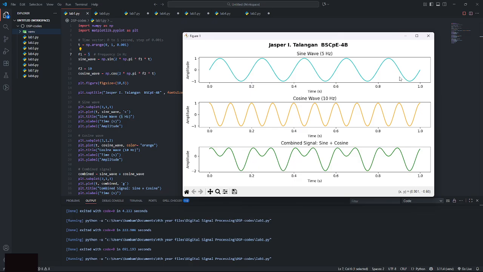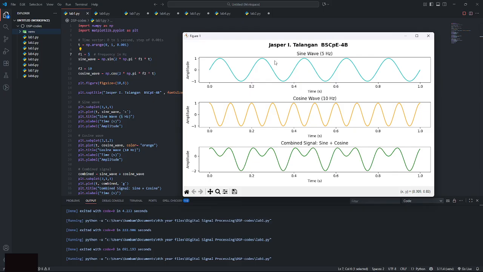You can also observe that it starts at 0, the amplitude gradually rises to a positive peak and drops to a negative peak. It repeats this pattern 5 times within 1 second, since its frequency is set to 5. It completes 5 full cycles per second.